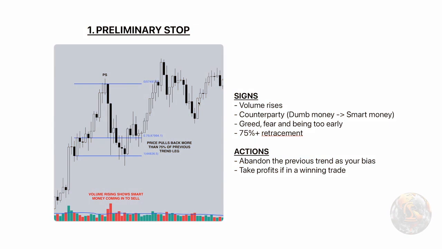The appearance of preliminary stop on the chart is often misinterpreted, and the reason being is that you don't always get very clean volume analysis with it, all right? But don't worry too much about the volume, because the most important thing is the psychology behind a preliminary stop. And this is the same for all events within Wyckoff, you need to think about what the dumb money is doing versus the smart money. Because at every stage in a Wyckoff structure, whether it's the preliminary stop, the buying climax, whatever, you have to remember that it is all a game of liquidity.